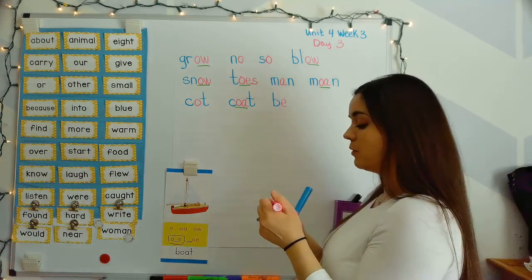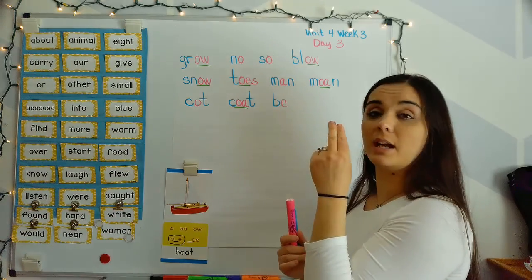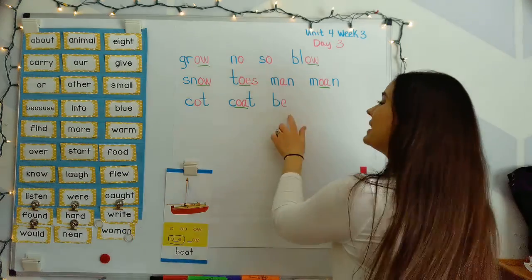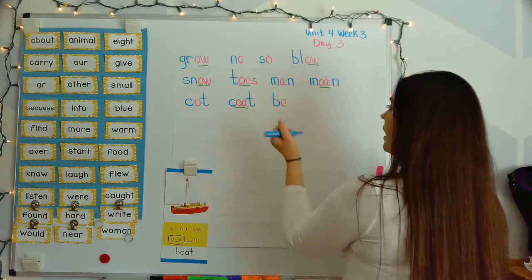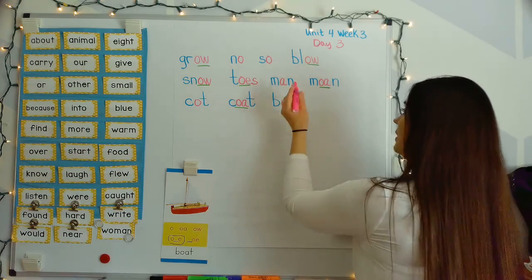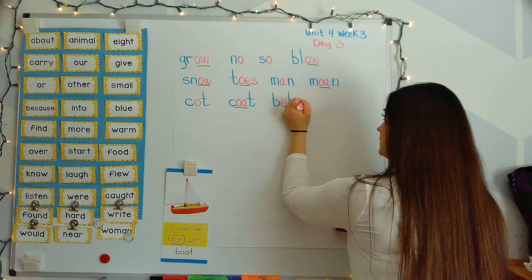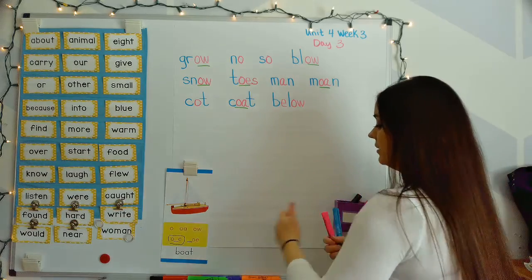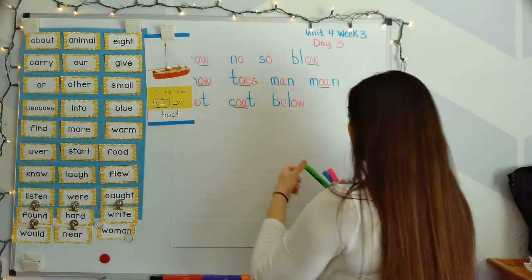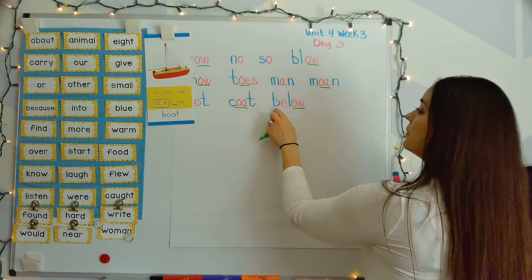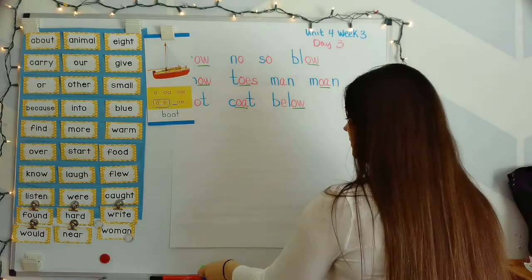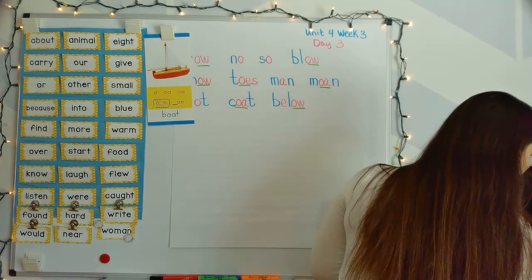But of course, most of us know that those two letters together just say be. We don't have to think about how to sound them out. But that's how you would. And L says l. And OW is that team that's going to work together to say that long O sound. B-E-L-O, below. Next word,